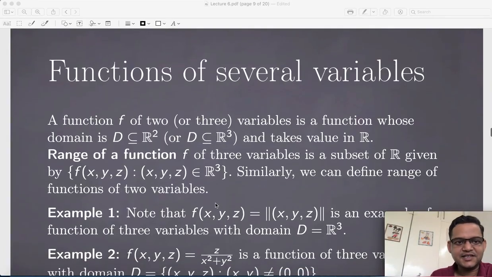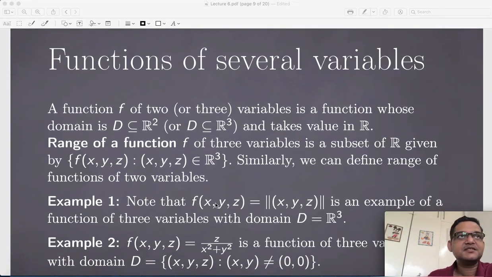Just recall that in the first part of this lecture we saw the definition of convergence in R3, and we defined open sets, closed sets, and then we defined bounded sets and so on. So that was the preparation which we are going to require. Now let us move on and start discussing functions of